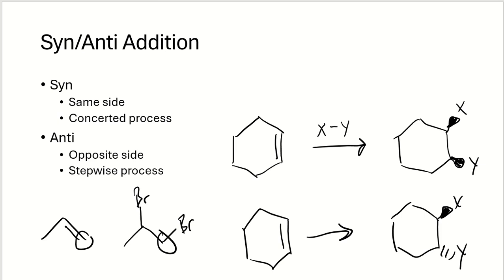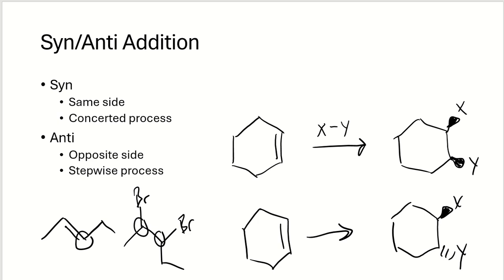There's no chirality there, nothing that we'd have to distinguish between diastereomers. But if you had a chiral center there, now you would have to pay attention to whether or not that's a syn or anti-addition. So really the only time it matters is when you have two chiral centers as a result of the addition